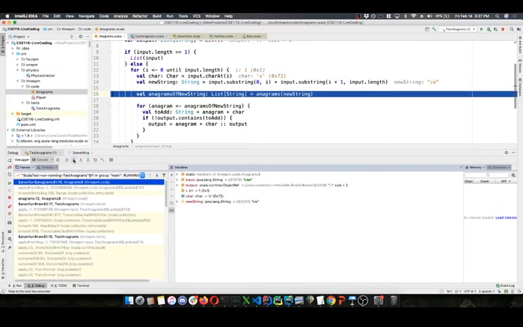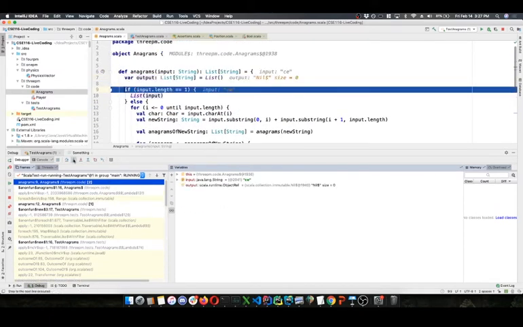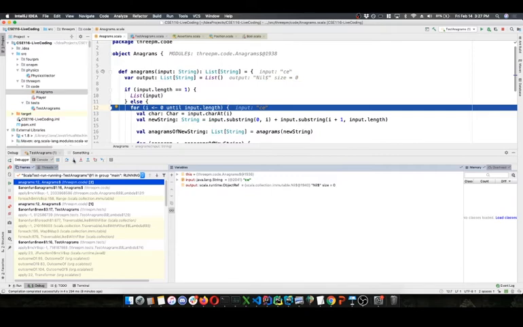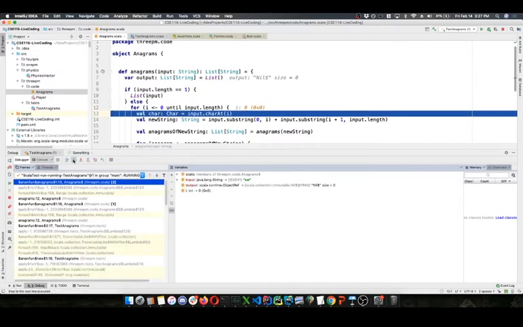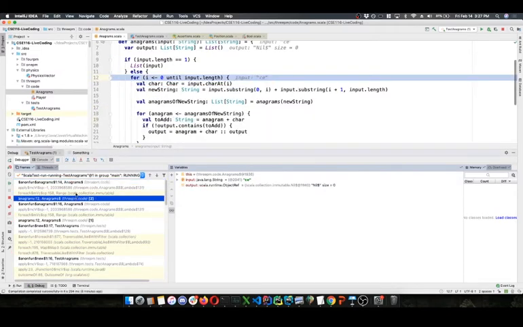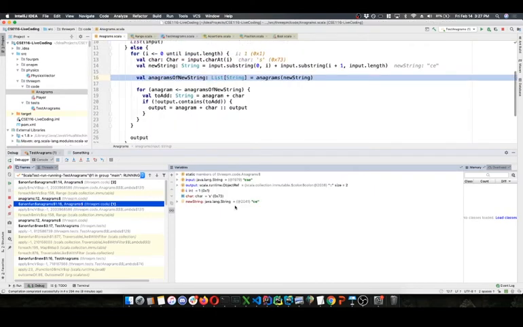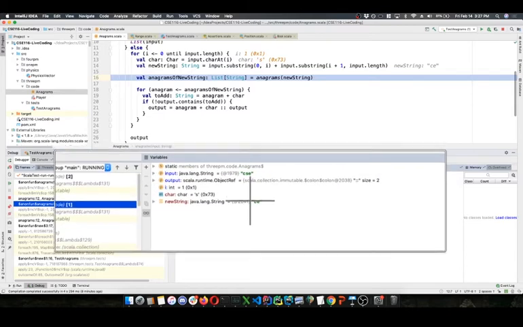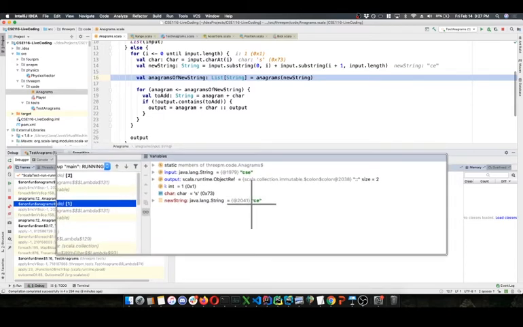And we can keep going. I don't have anything more interesting to talk about. It's just more of the same. This will keep going through the letters. It'll remove S from CSE. We're removing S from CSE, recursively calling this on CE, and going through each letter one at a time.